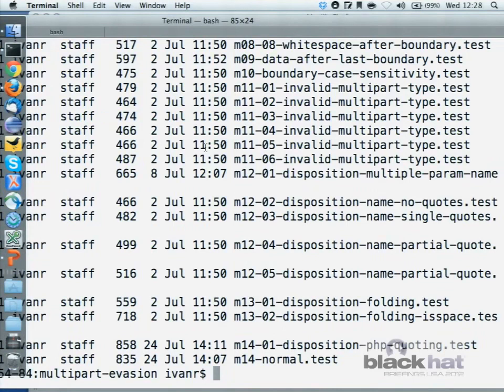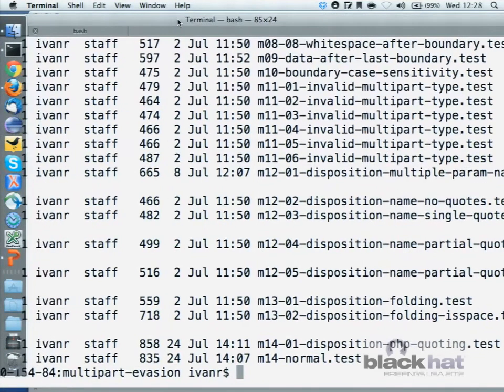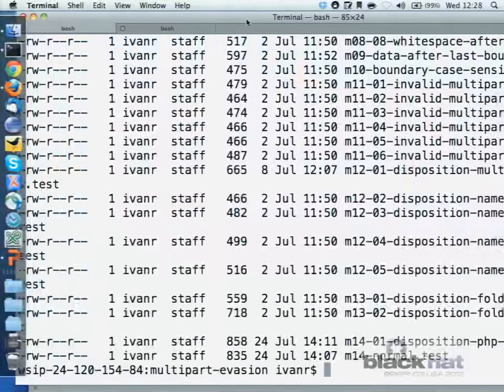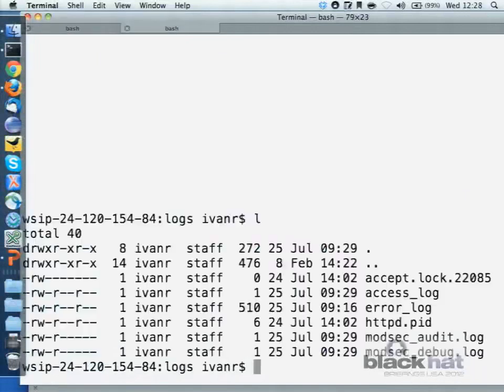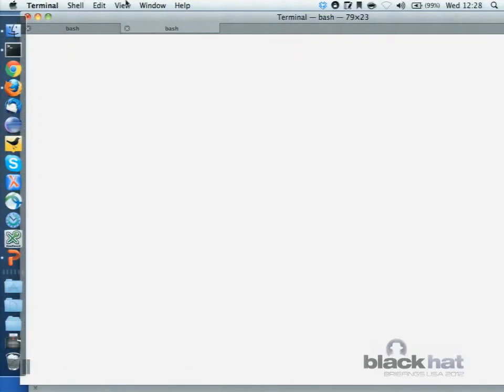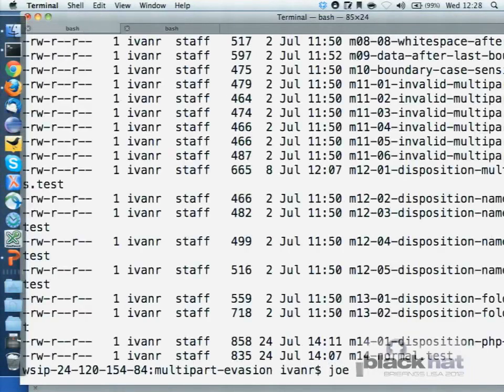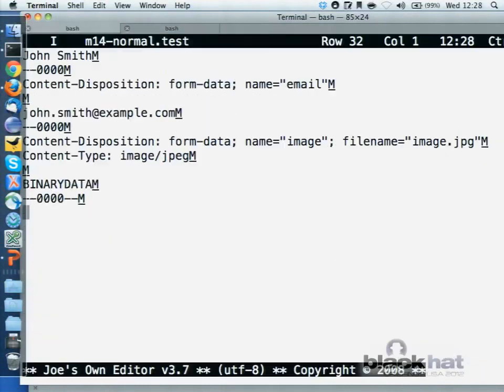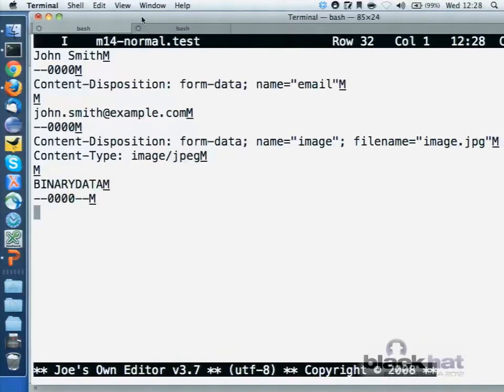I have two screens here. Let me move this. I'm going to look at the error log. Let's scroll this. And I have a normal test, which is an example of multipart form data.